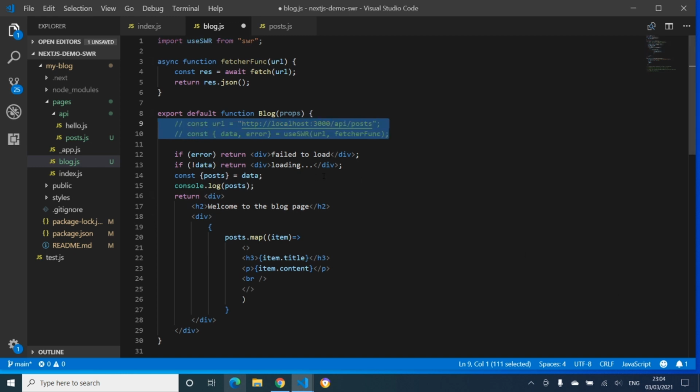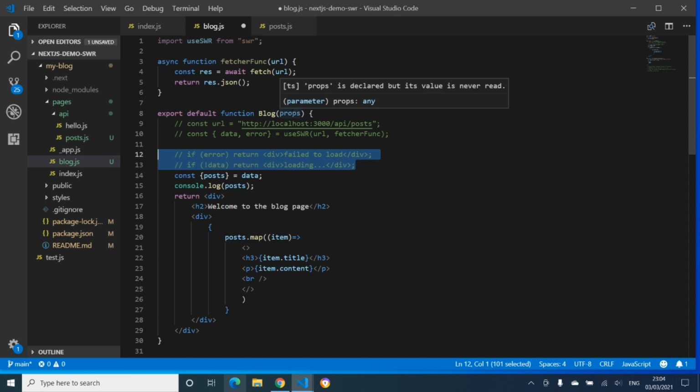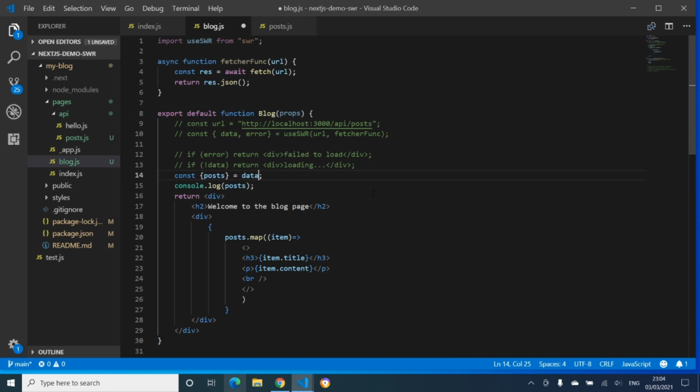Okay, so I think we can comment this out as well, because we don't need that for this example. Okay, so it's going to get the props, and so I'm going to change that to props for this example. So we're going to destructure props and extract posts, and then all this should work. Okay, so if I do save